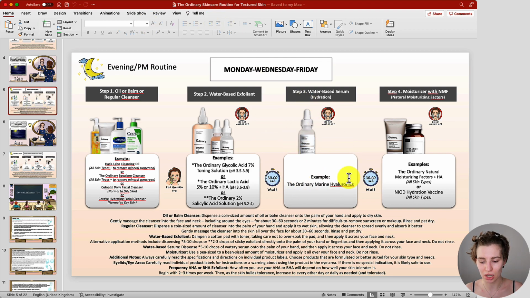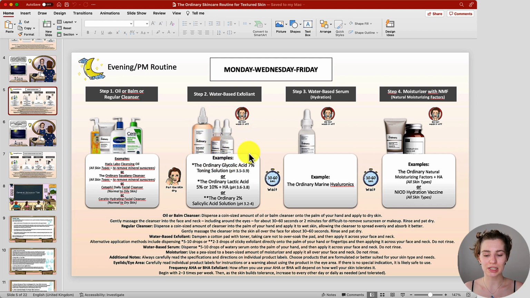However, something like marine hyaluronics or other water-based serums that add hydration to the skin usually cause skincare pilling. Now, when working with the exfoliant, this is a leave-on product, so once you have applied it to the skin, there's no need to wash it off. Now on the top you can see the frequency that I recommend if you follow both evening skincare routines. However, below you can find an overall general guide of a frequency when introducing an exfoliant to your skincare routine, so that you then can adjust it to your skin tolerance. But again, keep this in mind, this depends on if you just want to go with one of them or include both evening skincare routines.